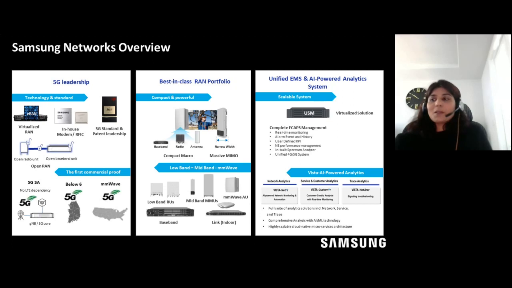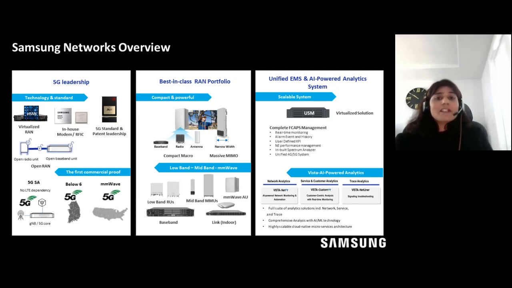Samsung is constantly pushing the envelope to innovate the latest technologies, and Open RAN is proof of it. Recently, Verizon announced completion of deployment of around 130K Open RAN radios, and Samsung radios are at the forefront of that deployment. Samsung has been deploying many first networks in the world, be it standalone networks, non-standalone networks, or millimeter wave networks. Samsung has all of it in its portfolio.